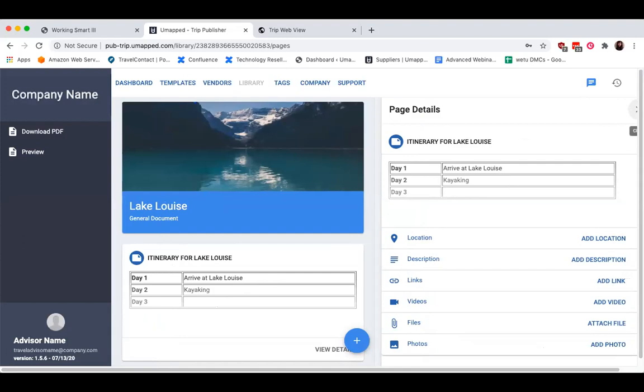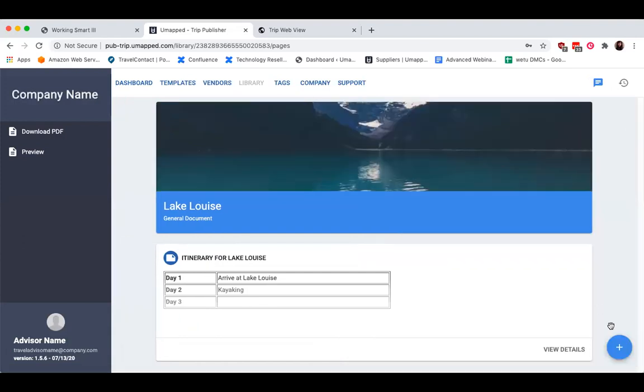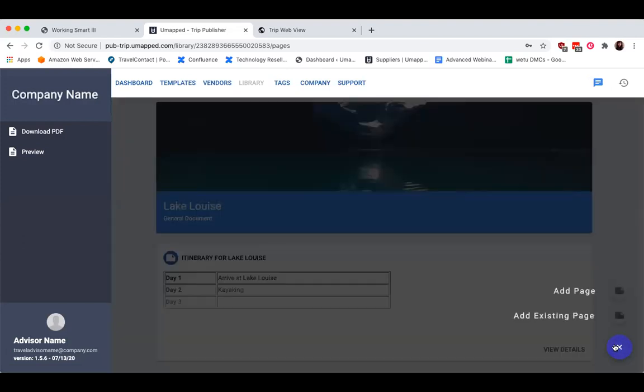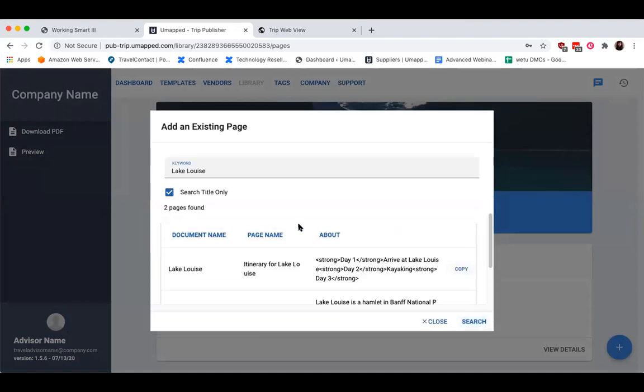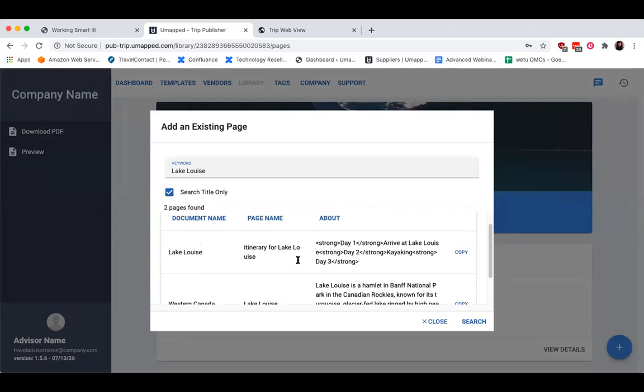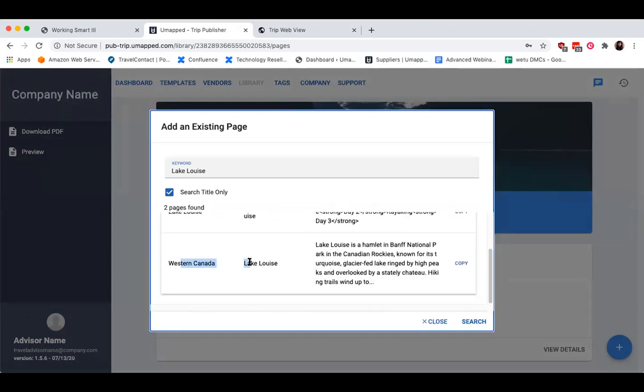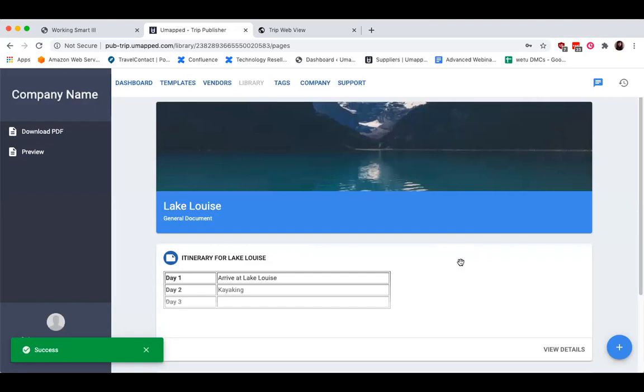I can create some more pages if I'd like, or maybe let's add that Lake Louise page that I previously added to the Western Canada document by clicking on Add Existing Page. And then here in the keyword field, I'm going to write Lake Louise and search. And then right there, the one from Western Canada, Lake Louise, everything looks good. And if I'd like to add that to this document, I'm going to click Copy,